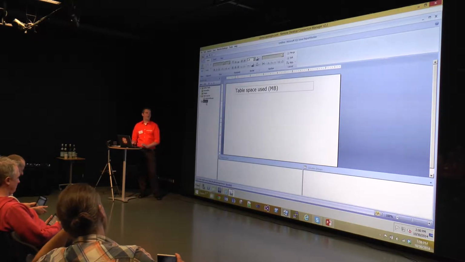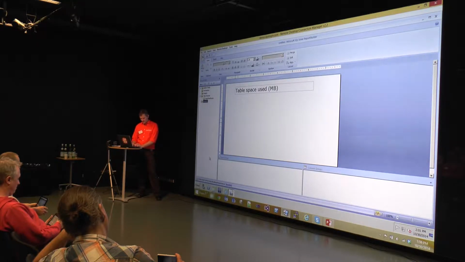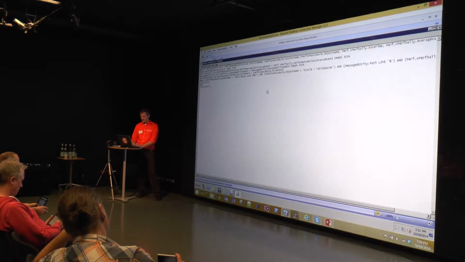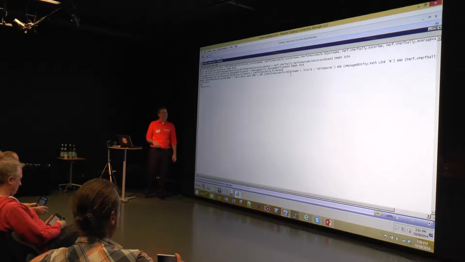Now we really have to think about how we want to get this data out of the data warehouse. So we need some sort of SQL query for that, and we need that for our table space used megabytes. Now, to think of it on the spot is a bit much, so I pre-canned one. This one, dataset performance. And what you can see here is we have a SQL query, and it might look a bit daunting at first, but all it really does, it collects a few